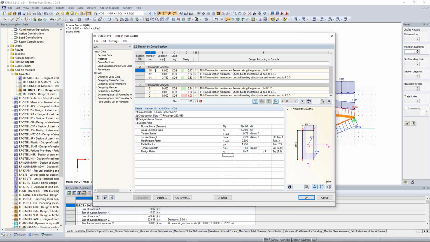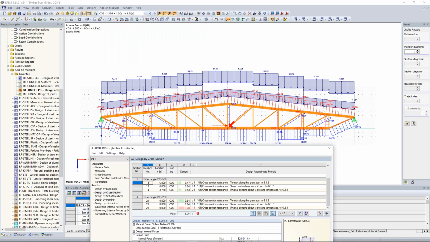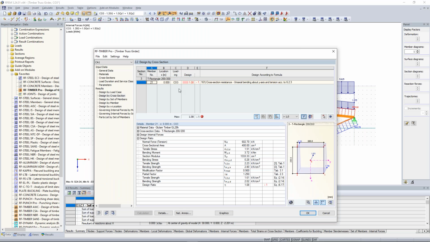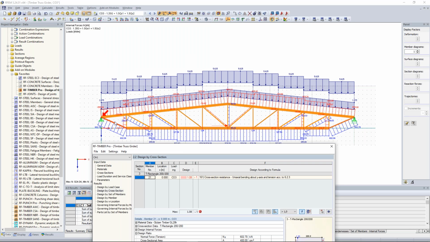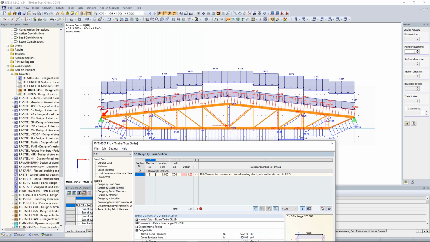And I'm pretty sure that this is this diagonal here on the left or right side. So I can filter them a little bit better. I click on this rectangle and I can see this member, this diagonal